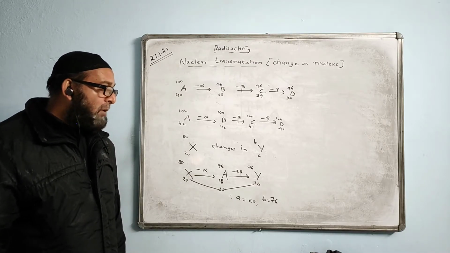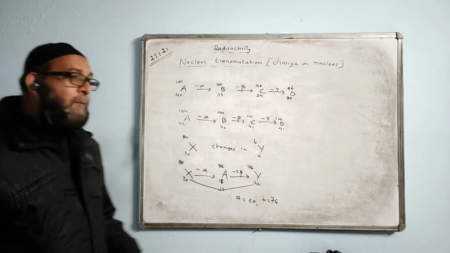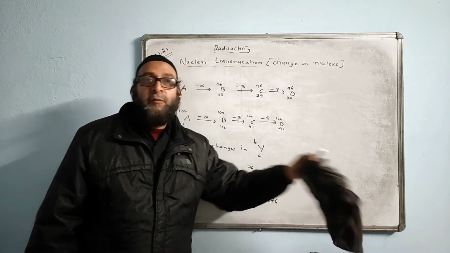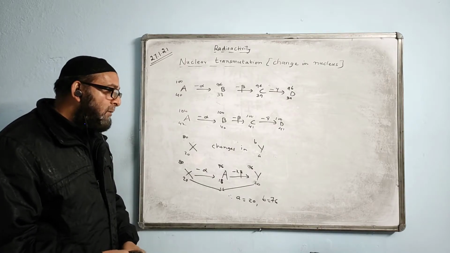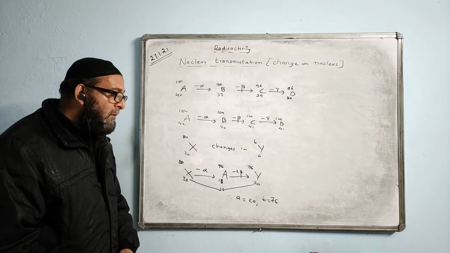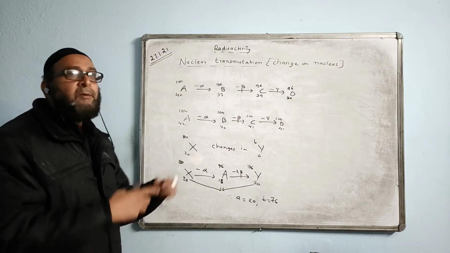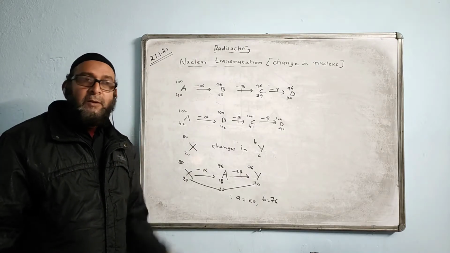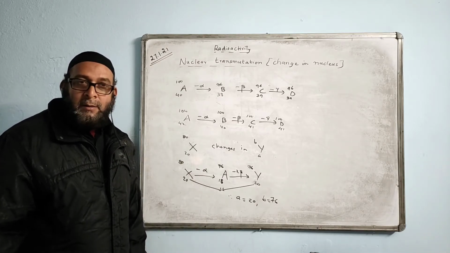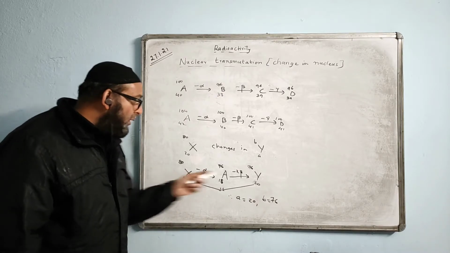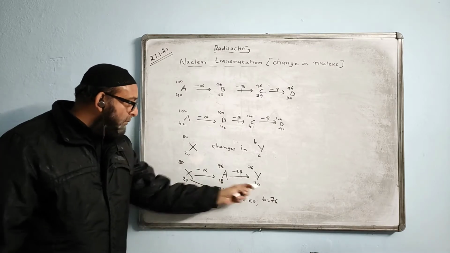What is the name of the compound? There is no compound. These are only nuclei. No compound is formed. A nucleus does not form a compound; only electrons form compounds. So this is X, Y, whichever alphabet they have given, and you have to work with that only. They didn't give any number; this is only an example I am giving. There is no particular name to it, but they are asking to give a special name to the nucleus, then you say isotopes: same atomic number but different mass number.